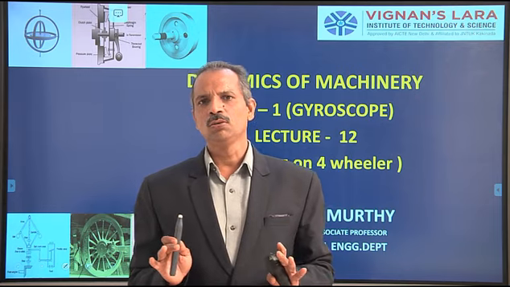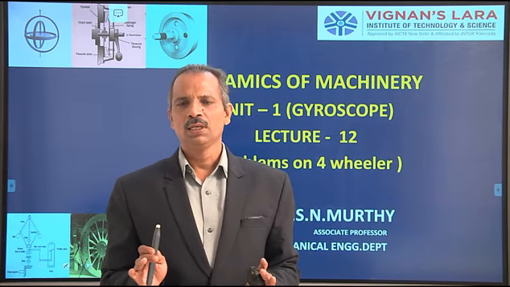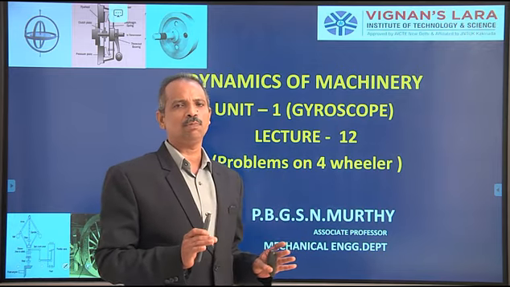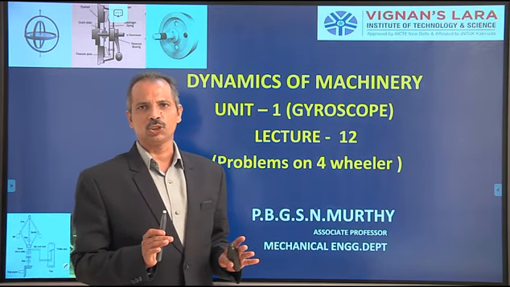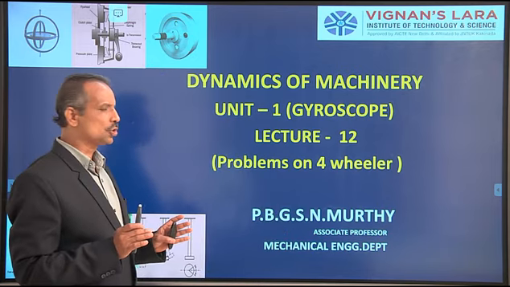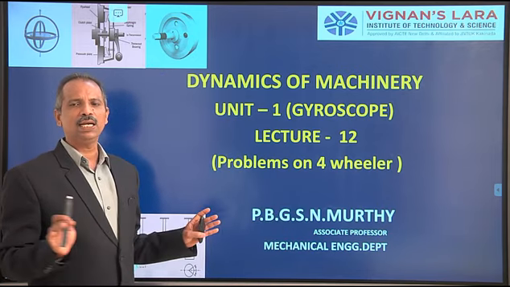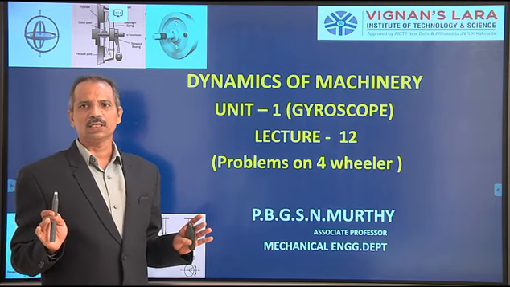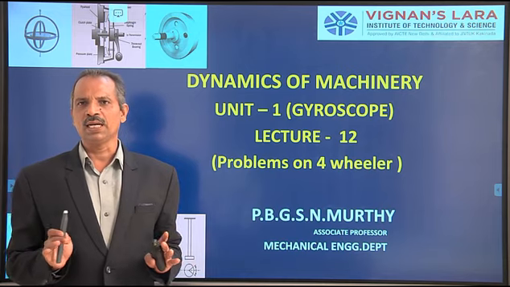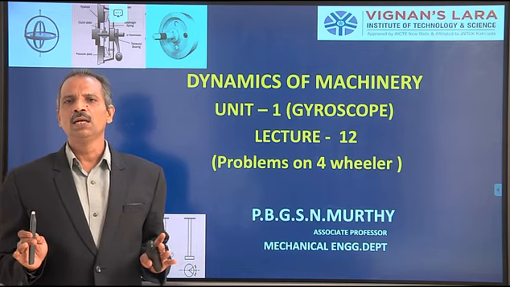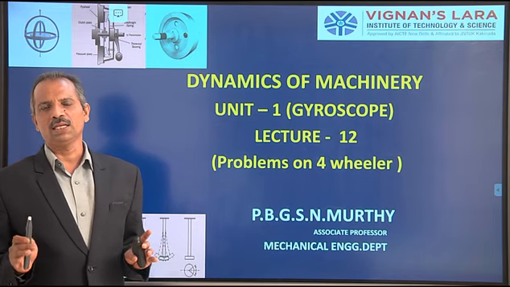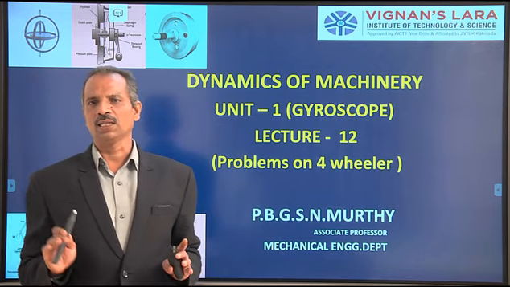So I think you are clear about that, but listen carefully. This is one of the complex problems in the gyroscopic chapter, and especially this problem almost covers the entire variations. That is, the center of gravity is not at the center, and the wheels are rotating in a plane other than the plane in which the engine is rotating.